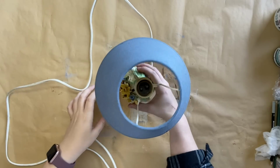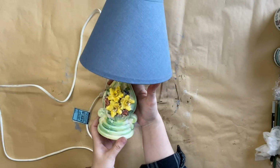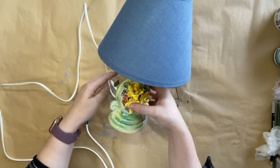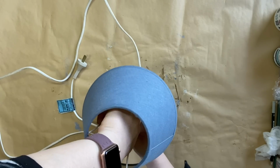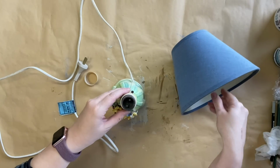For my final project, I'm going to be working on this lovely little lamp that I thrifted. Now, I loved the shape of it. I loved the height. There's a spot in my house that this is going to go, but it definitely needed a refresh. So I'm going to take the lampshade off first, put that somewhere safe, and then I'm going to